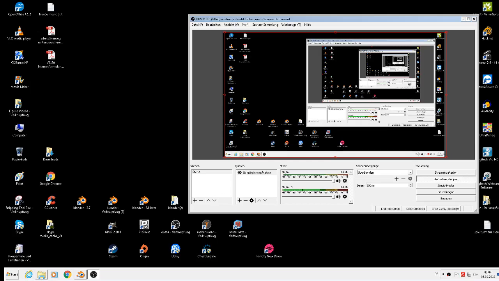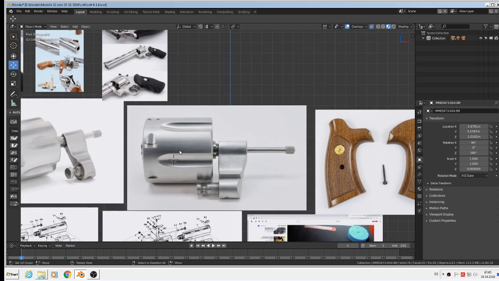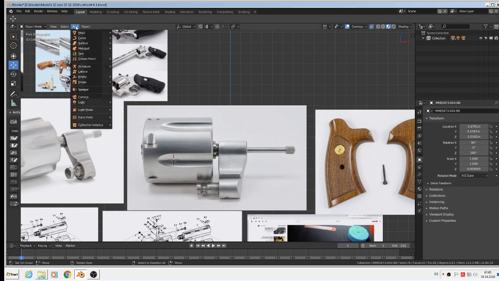Hi, back again. We want to make a new model, a gun. So we start with the thing itself, not with the whole thing. So add